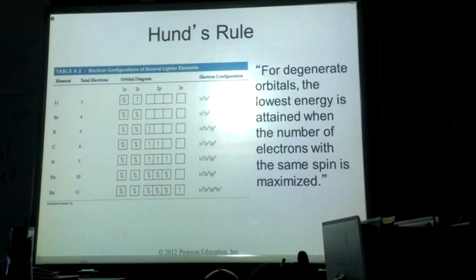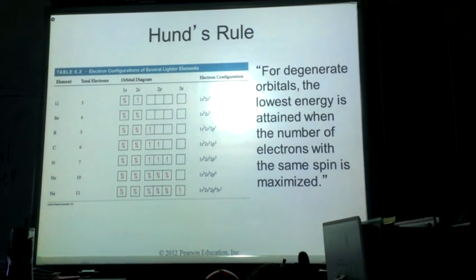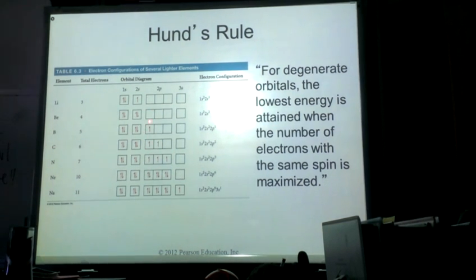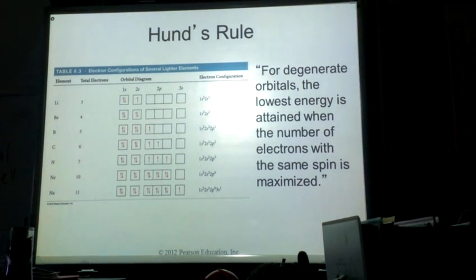So ultimately, Hund's rule is just stating that I need to make sure that an electron fills up each orbital first before I can start pairing those electrons. So it says for degenerate orbitals, the lowest energy is attained when the number of electrons with the same spin is maximized. So I'm going to have the positive 1/2 first, and